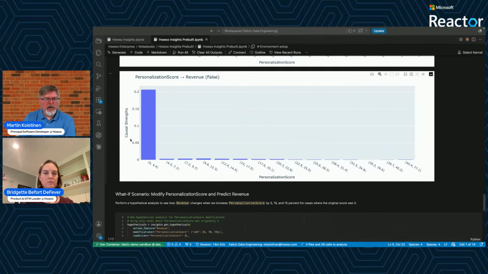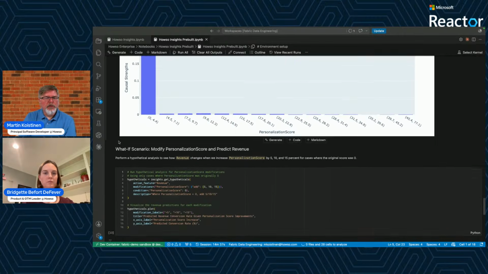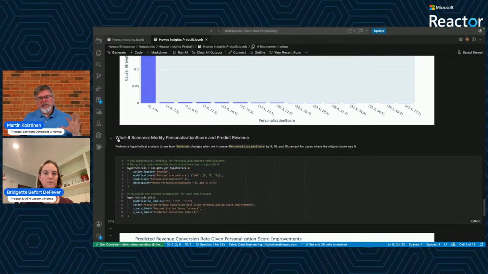We can do something called what-if scenarios and hypotheticals to say, okay, of all the people that didn't spend any money at the site in their visit, how would the revenue prediction have changed if we had more personalization for those visits?